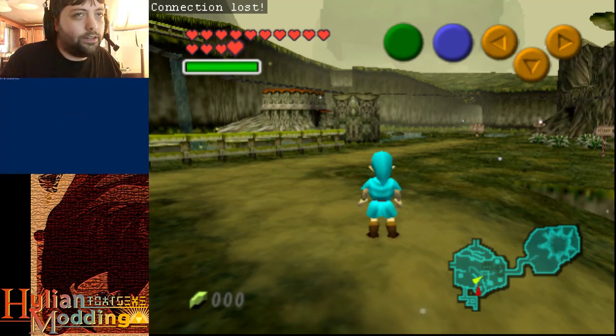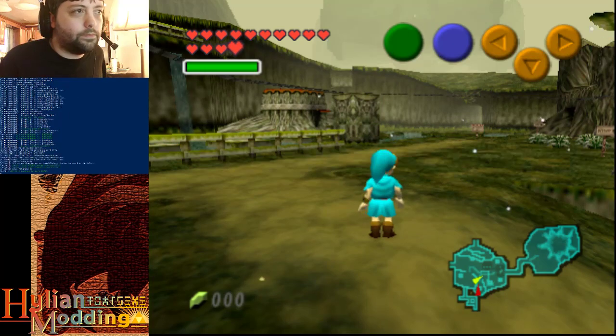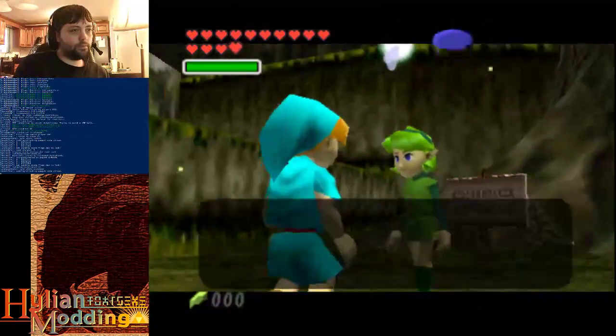Connection lost. Yeah, I noticed, game. Give me a break. Oh shit. I gotta put the server back up. I'm gonna have to take my Switch Pro controller because I want to play the game, you know? This A button is like...